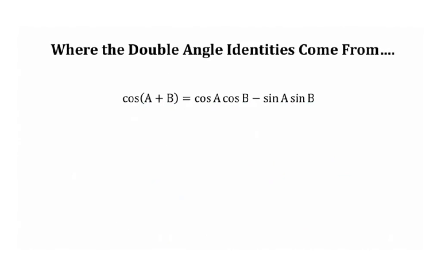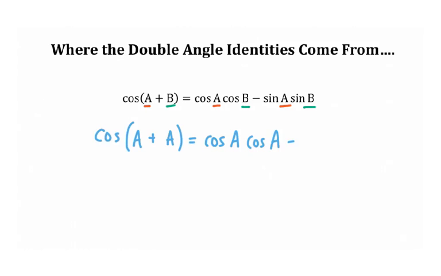So now, here is the sum identity for cosine, another one we're familiar with already. And I'd just like to walk through it the same way we did the last one. So again, now, whereas in the past we would have understood A and B to be two distinct angles, we're just going to go ahead and put the same angle in twice. So now we'll go ahead and treat this as cosine of A plus A. And that means we'll get back cosine of A times cosine of A again, minus sine of A times sine